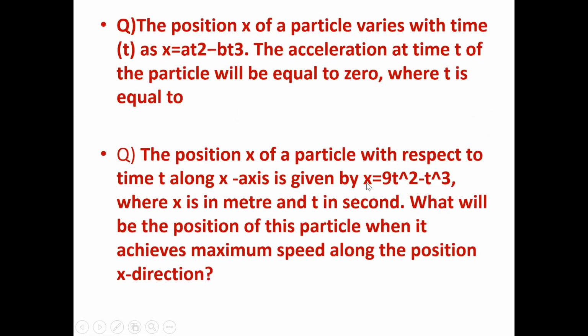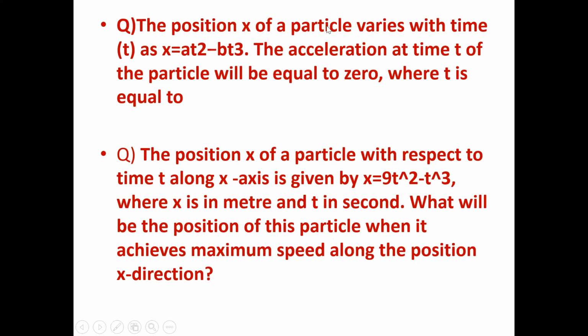So the position x of a particle along the x-axis is given by x is equal to 9t square minus t cube, where x is in meters and t is in seconds. Okay, fine. What will be the position of the particle when it achieves the maximum speed? This is a very tricky question. When it achieves maximum speed along the position x direction. Okay, leave it. But this is the one,